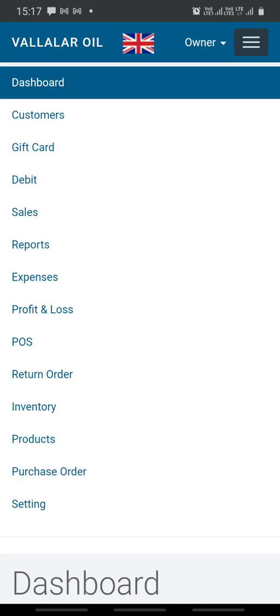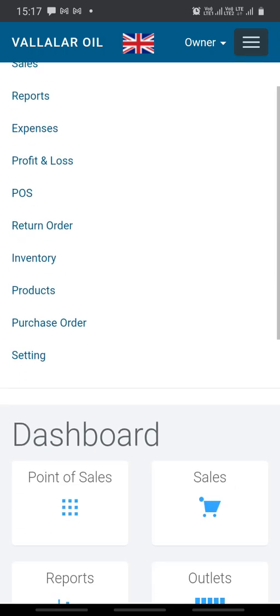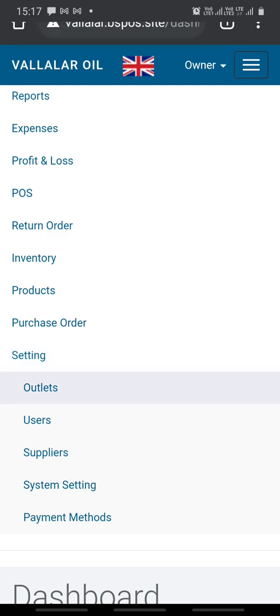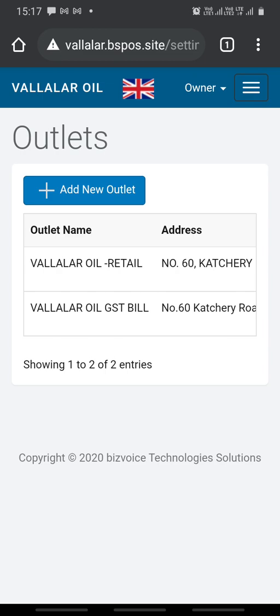Okay, and you can create purchase orders, delete purchase orders, and assign purchase orders to suppliers. All that you can do with the purchase order tab. This is the outlet. You can edit your outlet. If you just click, you can edit whichever outlet, and you can add an outlet. Suppose in future you want to create more outlets, you can just add them, and you can just remove an outlet. That can be done through this software.